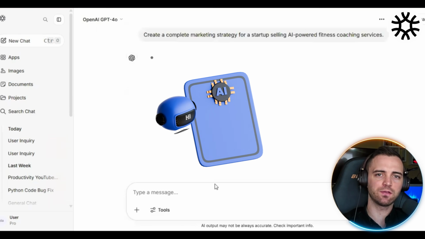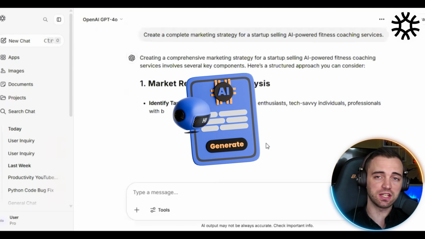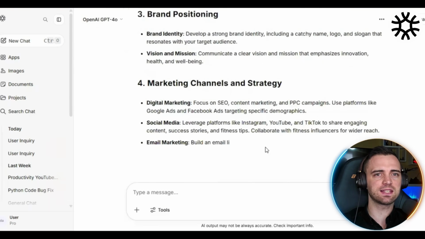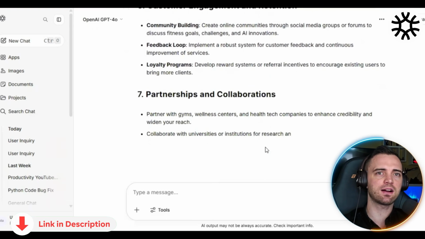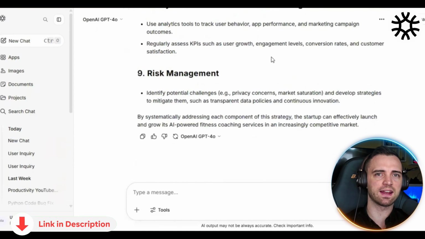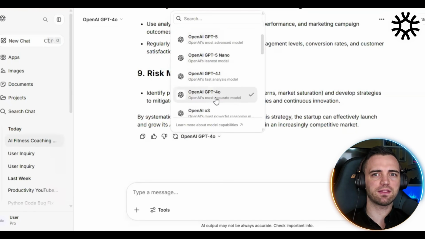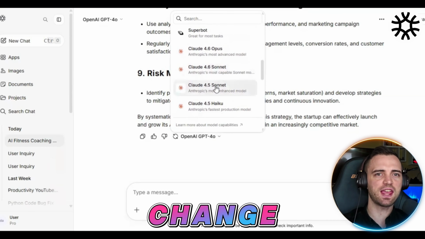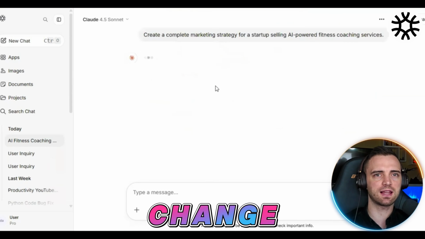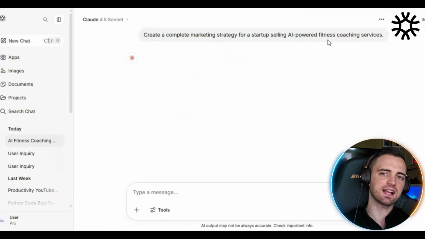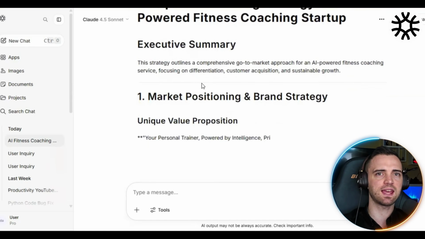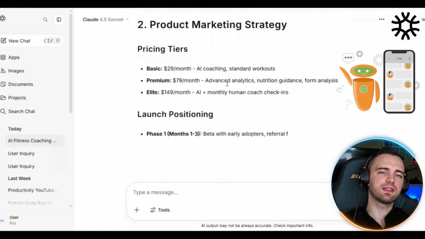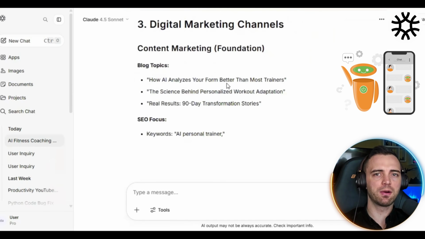The benefit here is you've got access to all of these models for a cheaper price. And right away, we can see it's already coming up with an entire marketing plan for us and our business. Now, one thing I like here about the switching models is we can actually select the bottom of this message, change the model. Let's say we want to use Claude here, and it's going to give that exact same prompt to Claude instead. This is really good because we've got everything in the same chat window, but we can compare